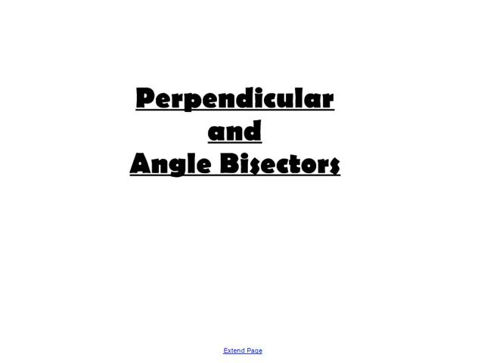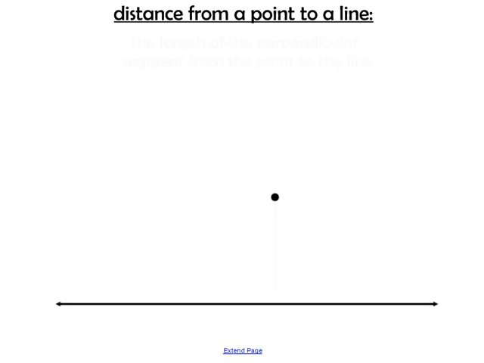Perpendicular and angle bisectors. First, we need to talk about how to measure the distance from a point to a line. If I asked you to find the distance from this point to this line, how would you measure that? Would you find the length of this segment, or this one, or this one, or this one? We can find infinitely many distances from this point to this line, especially because this line is going to go